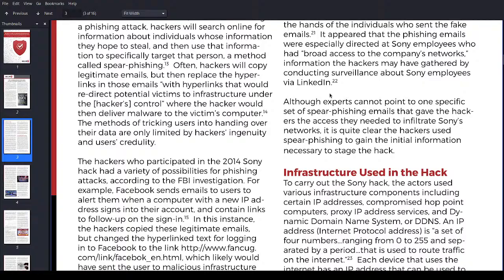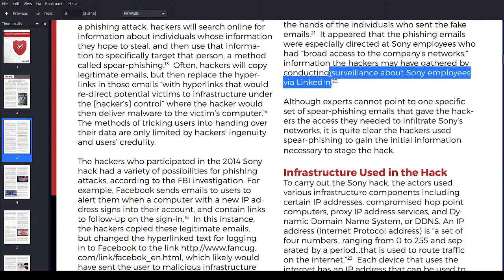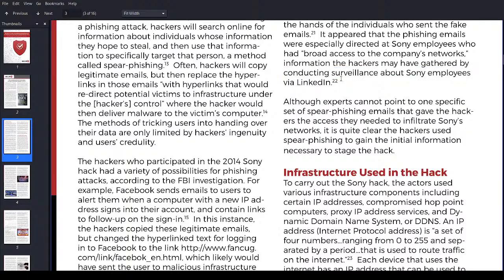Yeah, look at that, you see? So I got my question kind of answered. So it looks like the hackers used LinkedIn to get employee information. And again, you can always find specific things. Maybe somebody was the animator, maybe there's a social media guy, etc. There's a bunch of targets that you can use to get to somebody, right?